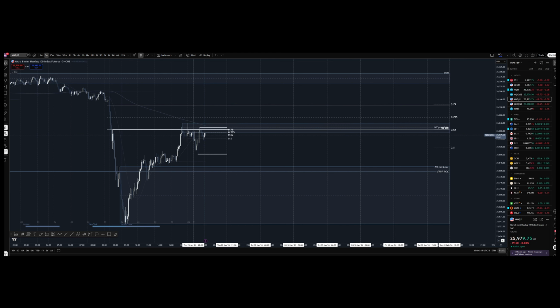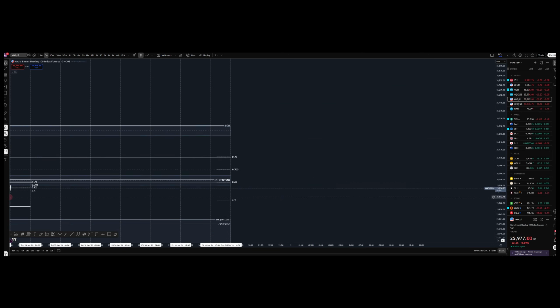So this is where you get the two fractals, right? Looking at your picture, we hit the SD 1.5, and if we want bearish continuation, we're expecting a reaccumulation fractal. And that's when you normally see that SBS come in. And the SBS looks like a bullish change in state of delivery. So if we draw that on,